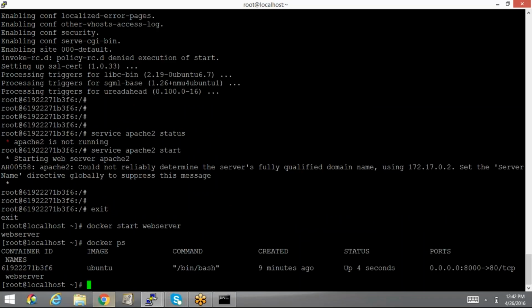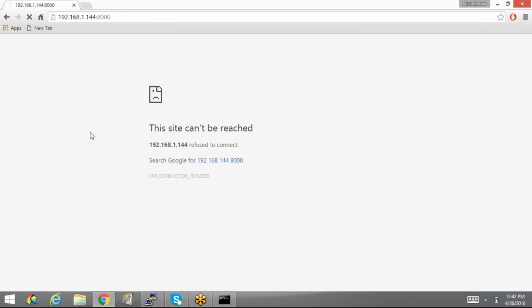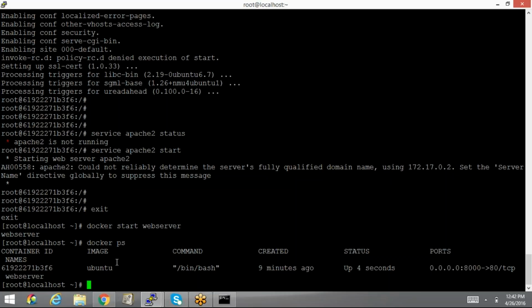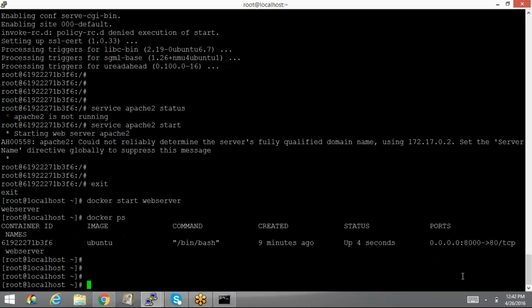It's doing a port forward. Let's start. This would not work as per my knowledge. Something is not happening. All right, the Docker container is started. It says that 8000 should go into it, 80 should go into it. But still something is not working. So in order to get connected to that machine and start Apache,